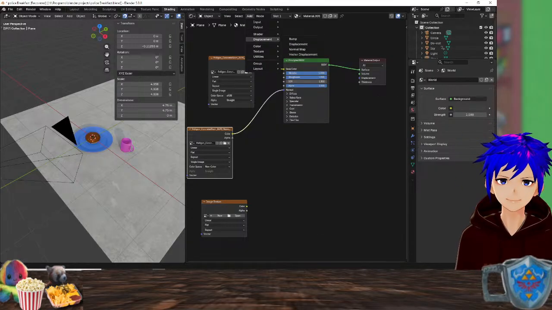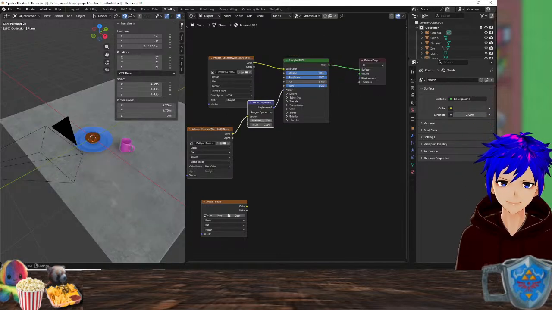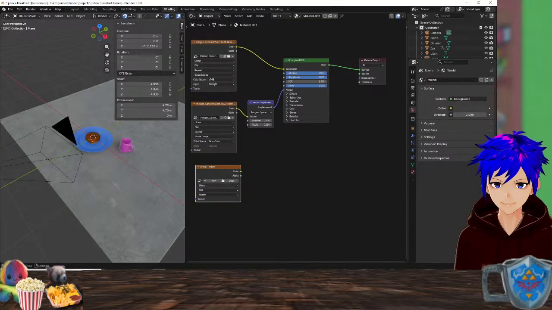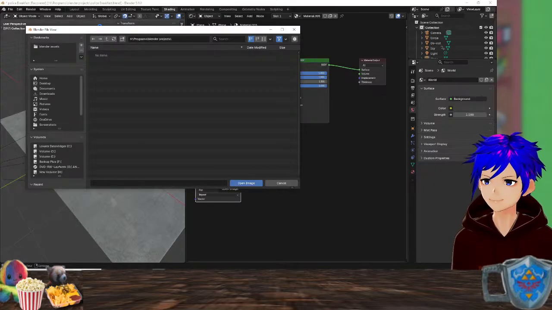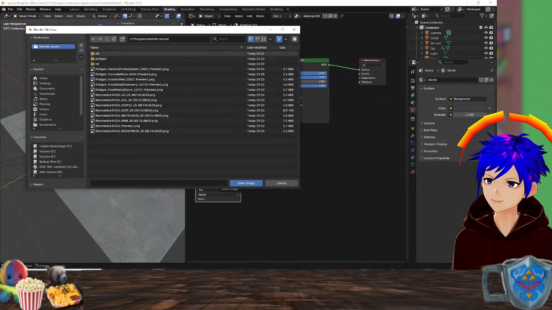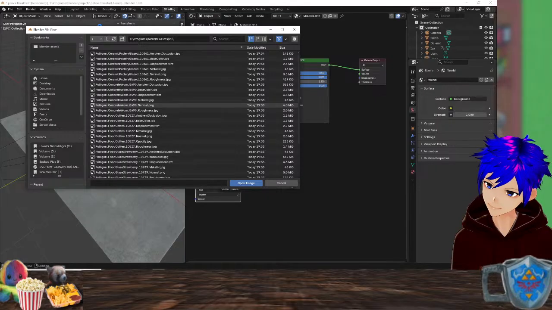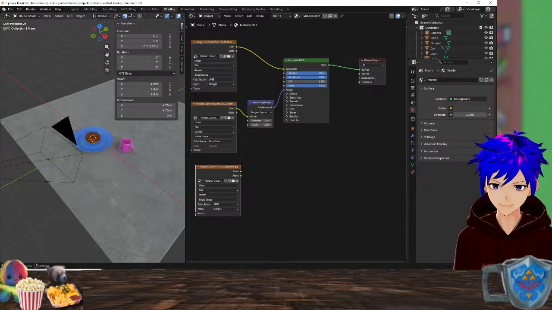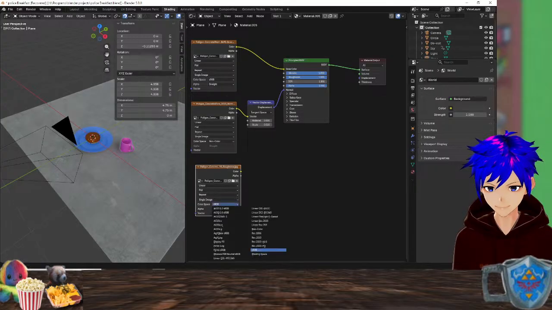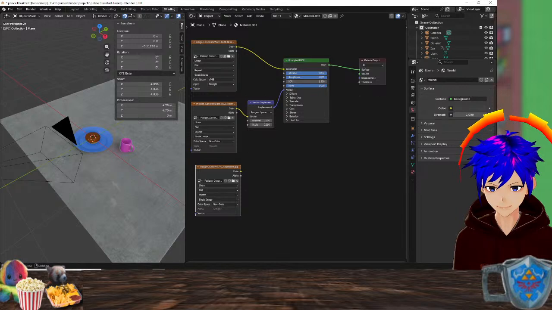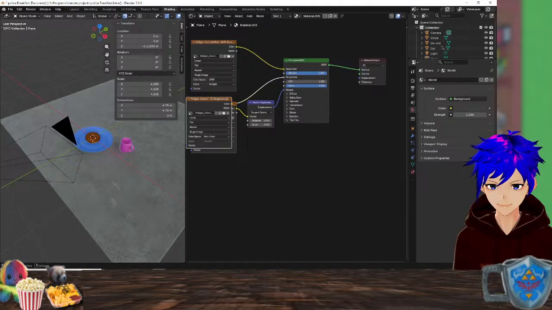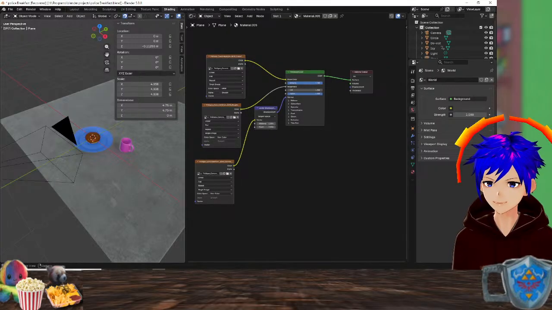Add this vector displacement. Nice. And here only one more thing with roughness. Again, non-color and roughness connected. Great.